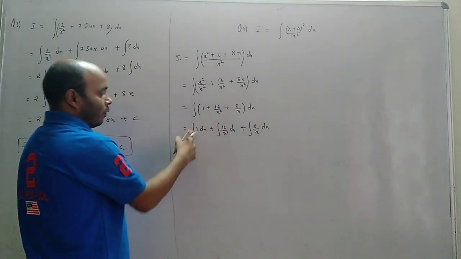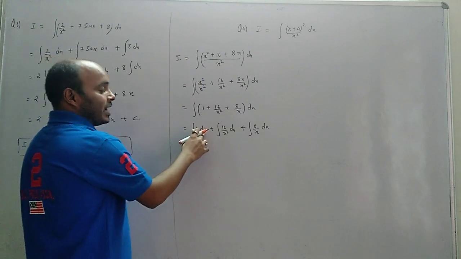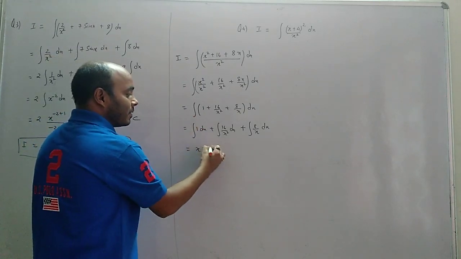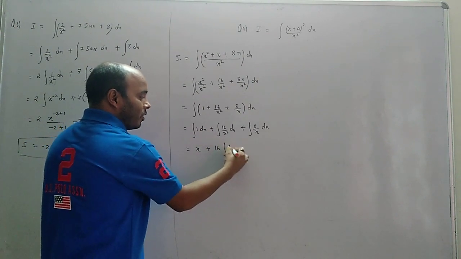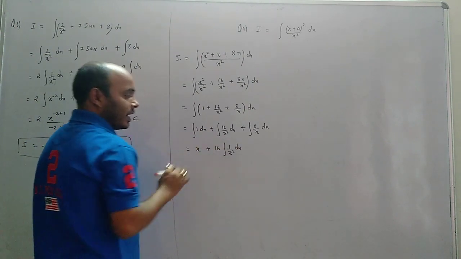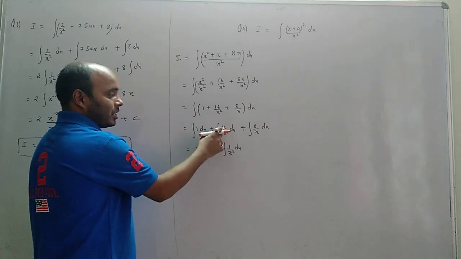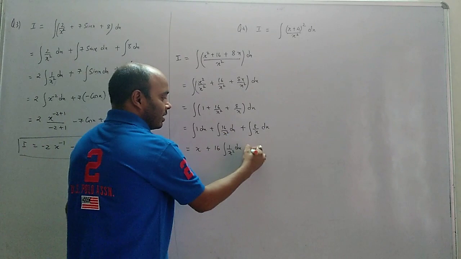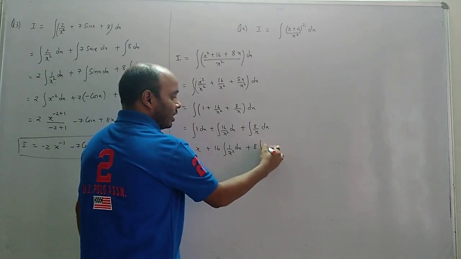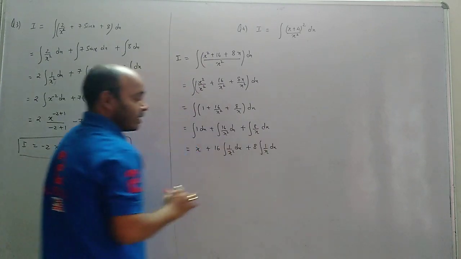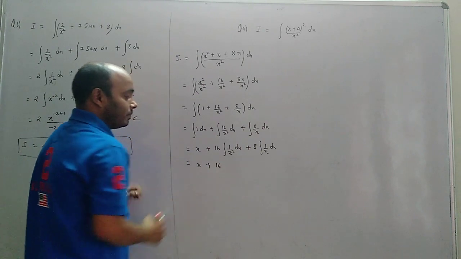Okay. Now 1 का बाहर निकालोगे. 1 बाहर निकालना 1 ही होता है ना. So integration of dx direct formula x plus any constant. 16 outside, integration of 1 by x square dx. 16 is constant coming out plus. Can you see anything constant here? Yes, 8. 8 will come out. Integration of 1 by x dx.